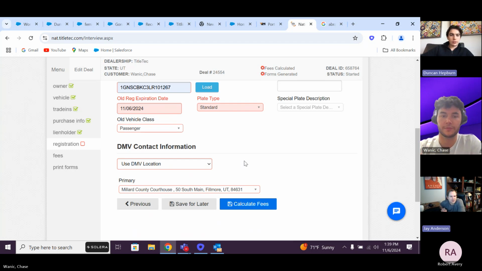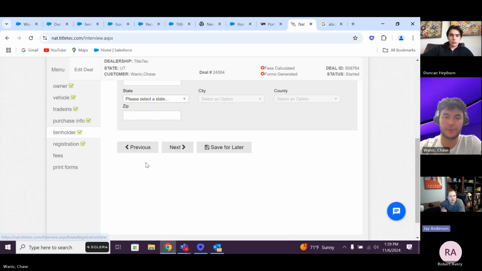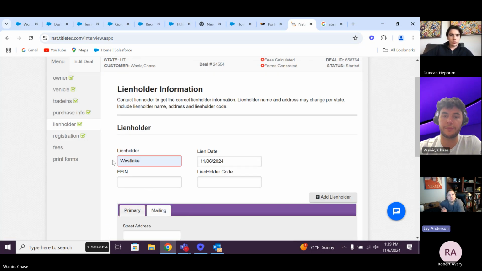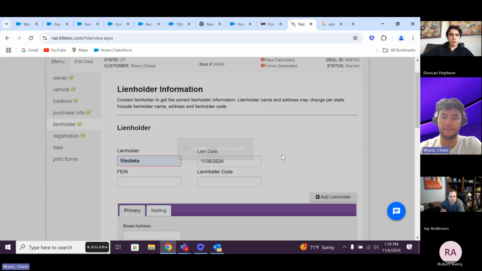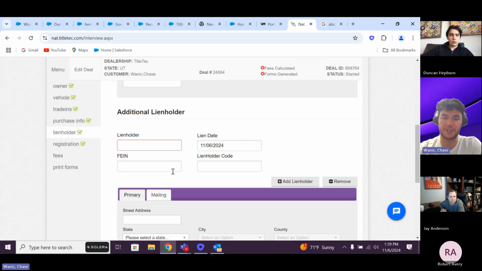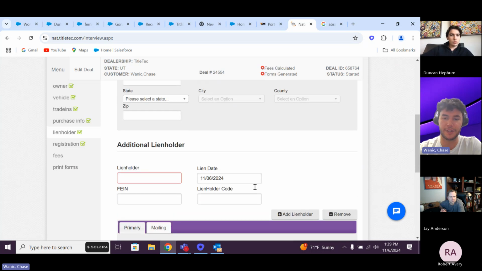Thanks, Duncan. So on the lien holder information, going back there, so where we would be a lien holder, do they have the ability to create lien holders in the system where they can just have drop downs to basically pre-populate the information regarding the address and things like that? I do believe there's an option to create lien holders. I know you can certainly add a lien holder there. Or actually, that's just quite literally adding another lien holder option. I'm sorry, but